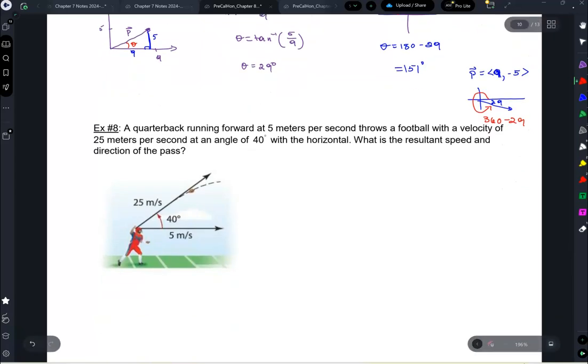Okay. Now, a quarterback running forward at 5 meters per second throws a football with a velocity of 25 meters per second at an angle of 40 degrees with the horizontal. What is the resultant speed and direction of the pass? So here's a little bit of physics for you. If the person was just standing there and they threw it, the ball would have a velocity of 25 meters per second and an angle of 40. But the fact that he's doing that while he's running changes the velocity and the direction of the ball,